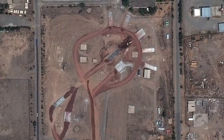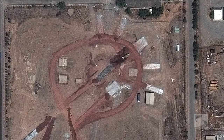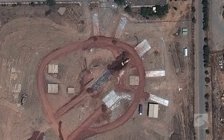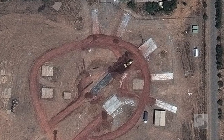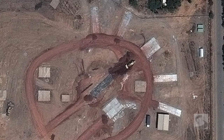S-300 systems. We can see in the imagery that several new concrete platforms have been constructed, which will likely be the staging areas for the launching platforms and the radar systems that go along with it. One thing to note, however, about this particular base is that we're not necessarily expecting this to be one of the main permanent bases, but more likely a training facility that will help Iran implement the S-300 system into its